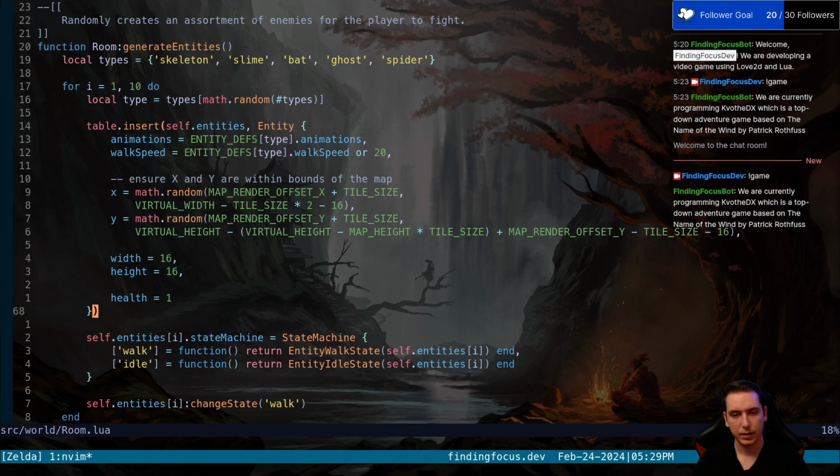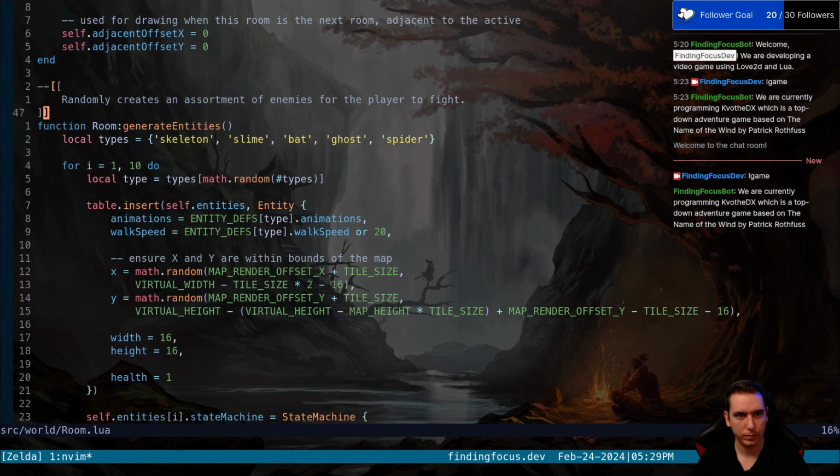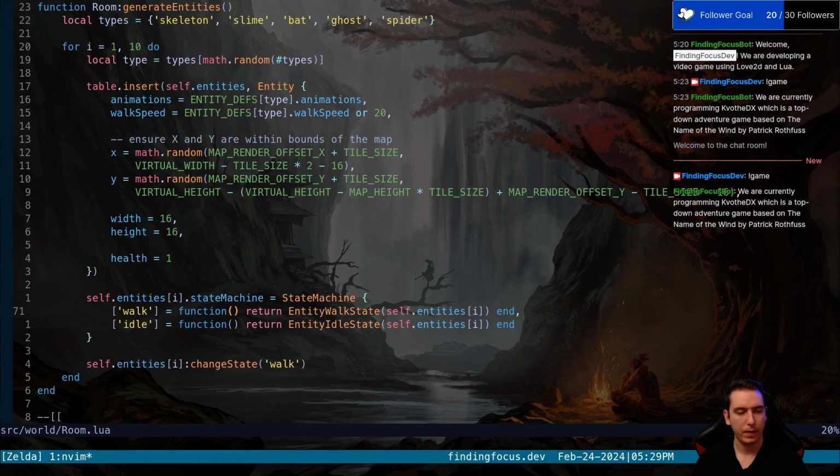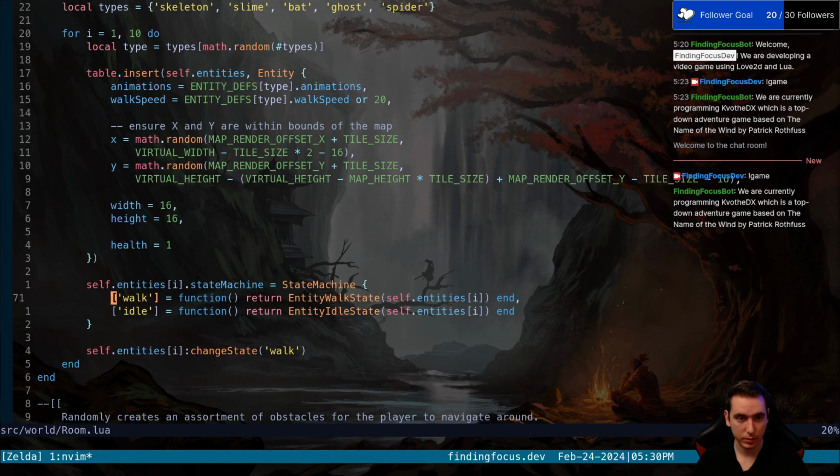And then, once they populate the entity tables, and this only happens once upon the init for the room, so that kind of makes sense. And then they say, then we're going to go into those entity tables, and we're going to assign, yeah, what are they doing here? They're saying that the state machine field is going to get a state machine class with two different state machines. It's got a walk and an idle state machine, and you have to say, okay, it gets,